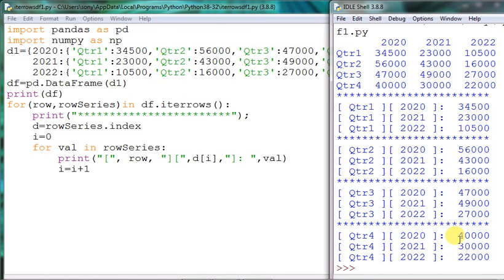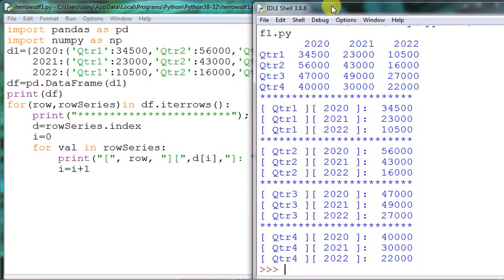Okay, so what is the command for row series in df dot iterrows? And what actually is to be taken, the d equals to row series index. So in that case it will take 0, it will take 1, it will take 2, it will take 3. So 4 times the loop will operate and 4 different ways the particular thing will be printed. Fine. So this is the way that we have done it. Okay, we have achieved it.